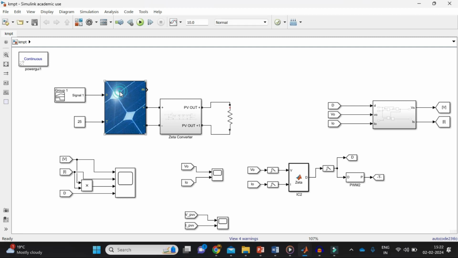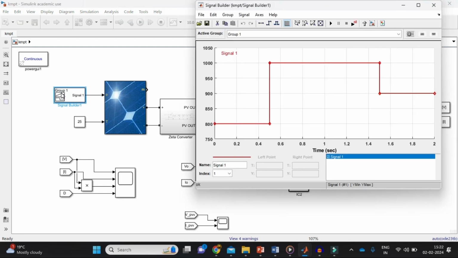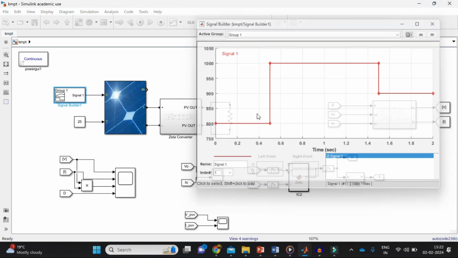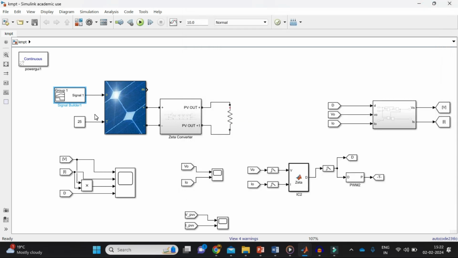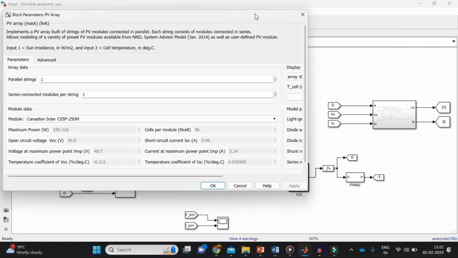So basically, I have taken here one solar PV panel which is connected with the signal block, where I'm changing my solar irradiation. Like I already told you, up to 0.5 I'm considering 800 watts of irradiation falling. So maximum 1000 watts it can fall, and then again it is 900 at around 1.5. So this is a condition which I have taken, and you can change this accordingly if you get the simulation file. And temperature I have considered 25 degrees Celsius, and when I click the solar PV panel, I'll